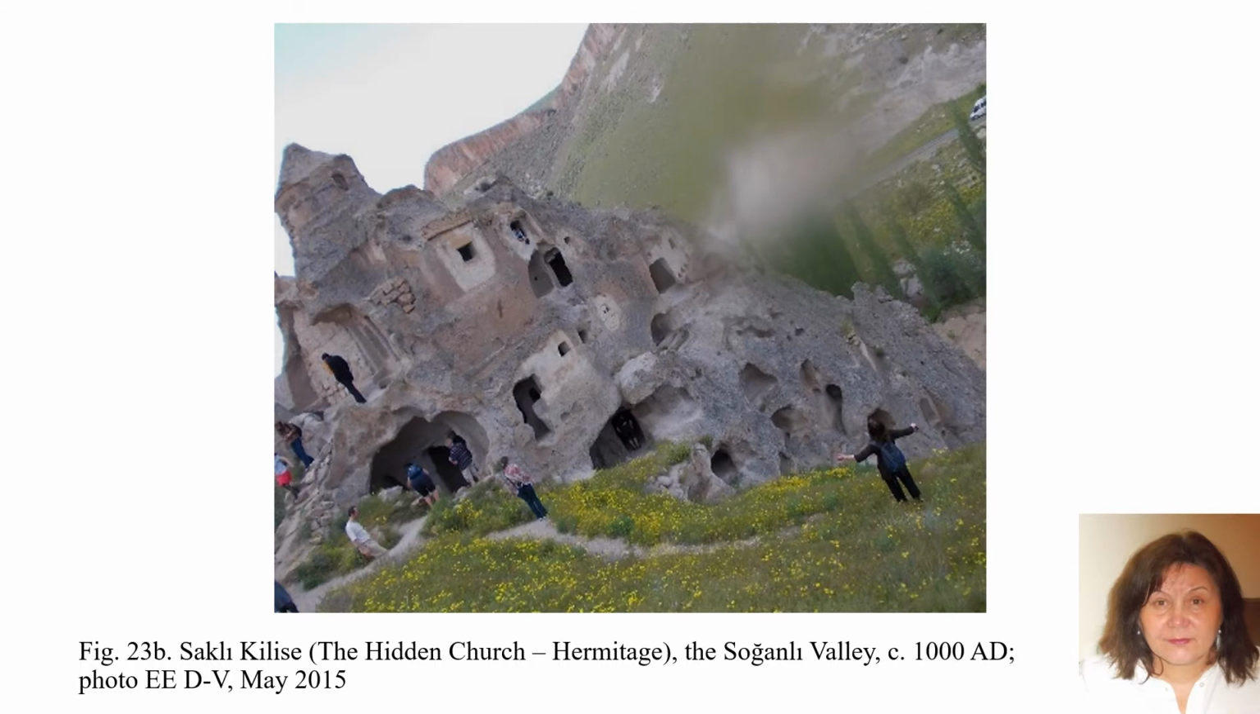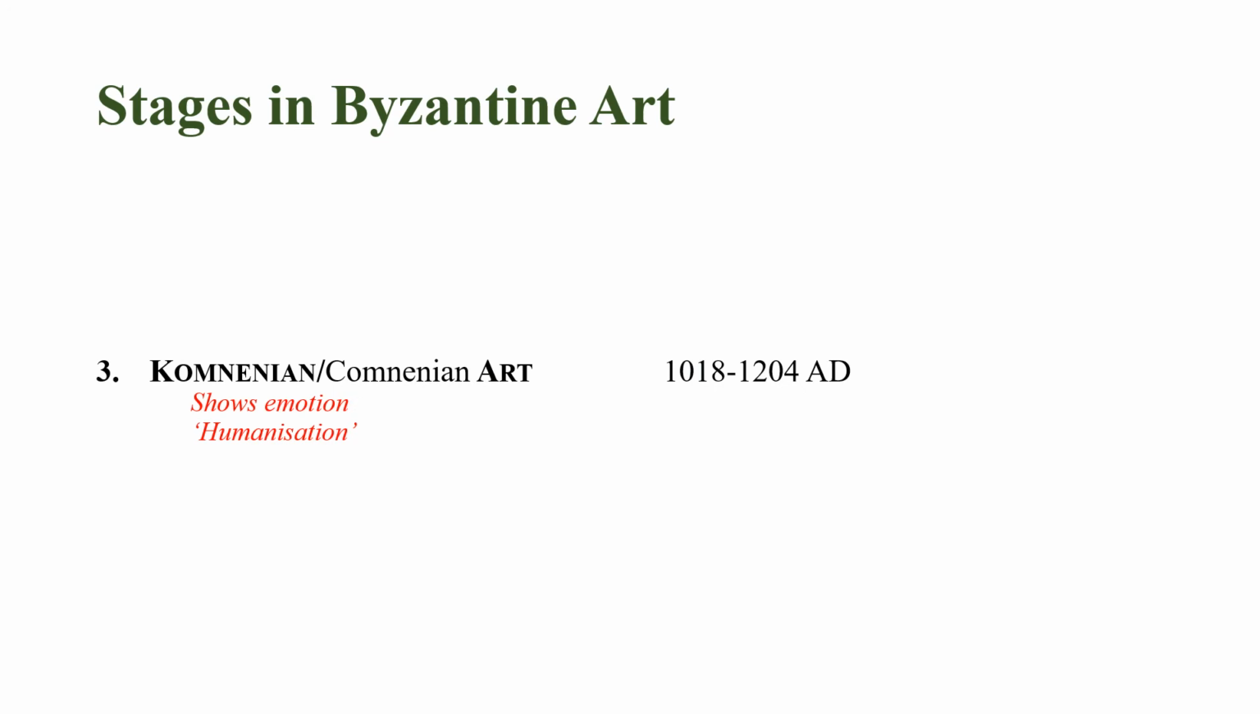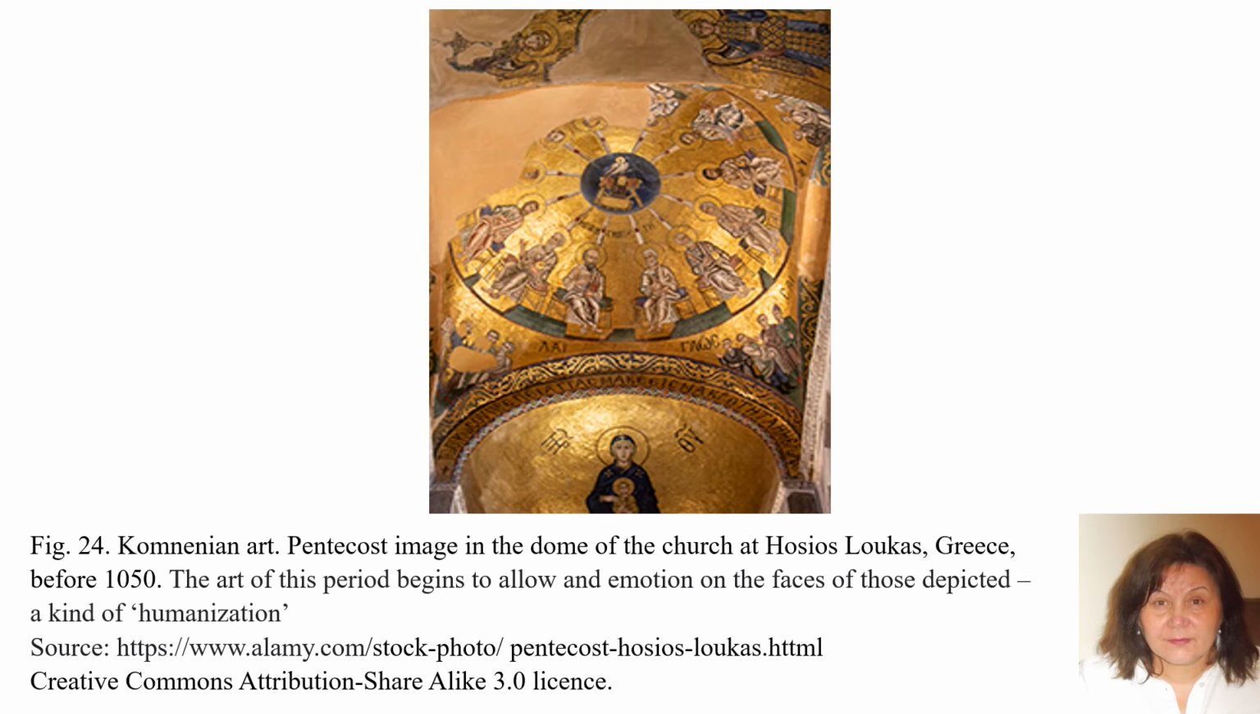The Macedonian stage of iconography ends with the reign of Alexios Comnenos. The Comnenian art, between 1018 and 1204. The works of art of this period begin to allow the emotions to be reflected on the face of the character depicted, as I mentioned earlier. So we can see here in the apse, we can see on the face of Mary